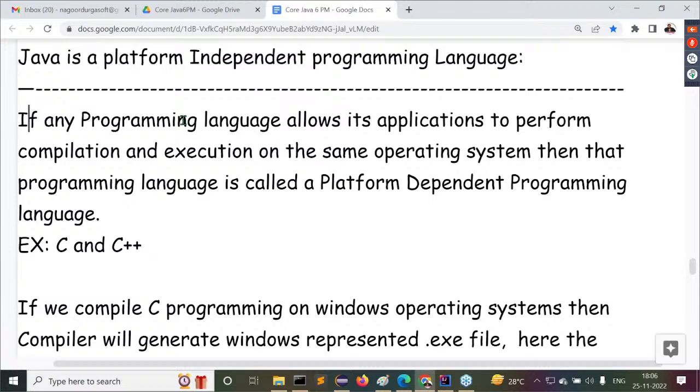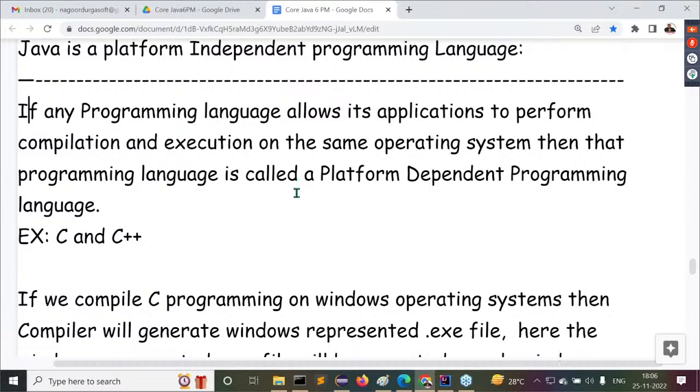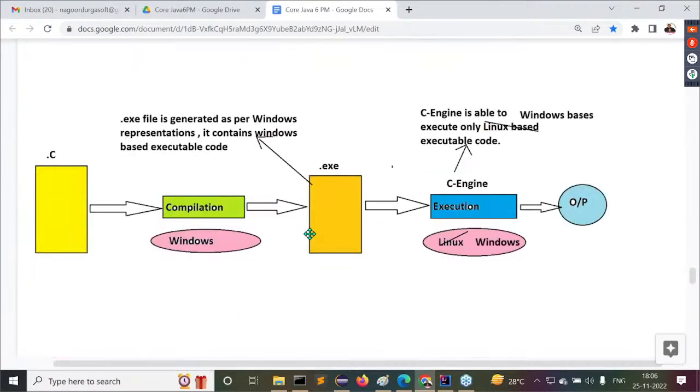Examples for platform dependent programming languages are C and C++. If we compile any C program on the Windows operating system, it will generate a Windows represented .exe file. The .exe file contains directly executable code and it is as per the Windows representations. This Windows generated .exe file will be executed under the Windows operating system only.